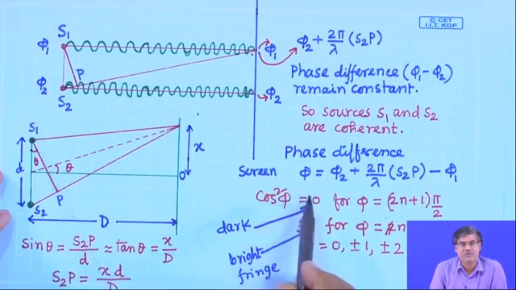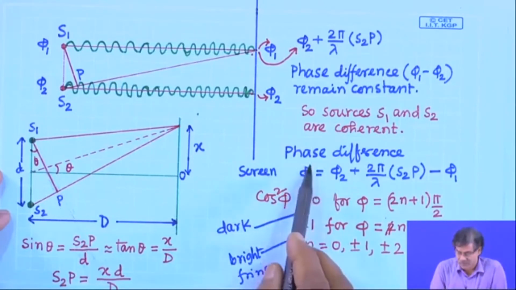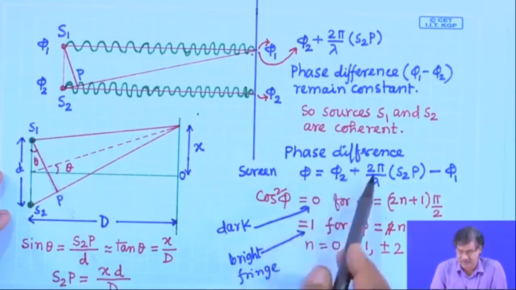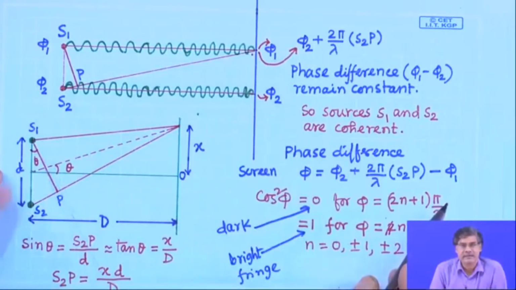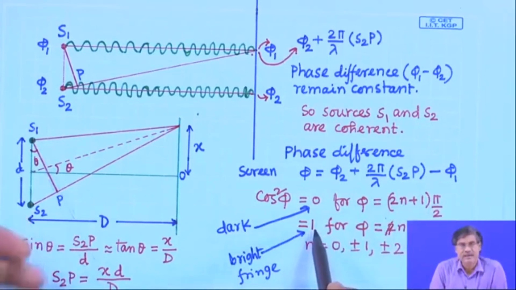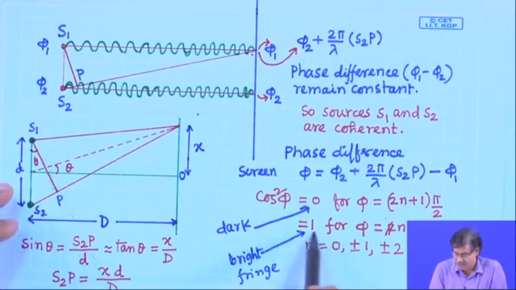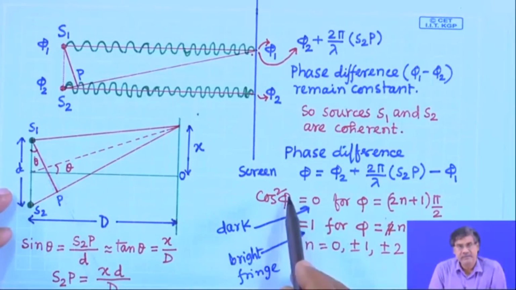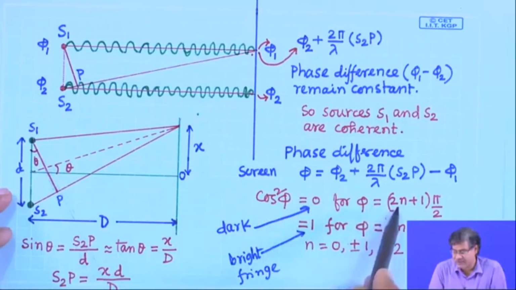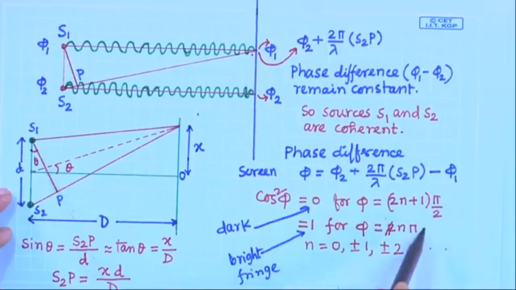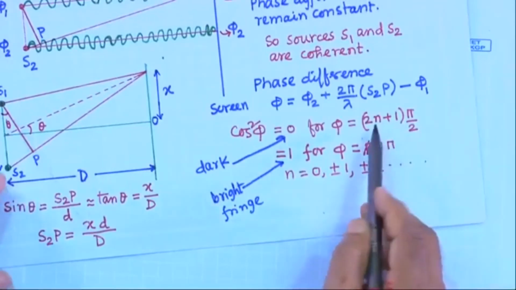When cos square phi is 0, then due to this phase difference at this point we will get dark, extreme intensity, that is dark, and in the other case, extreme intensity 1, that is bright. When the cos term is 0, phi is (2n plus 1) pi by 2. The phase difference is an odd multiple of pi by 2,